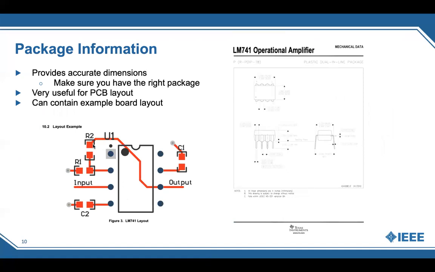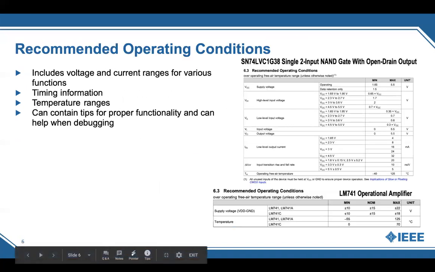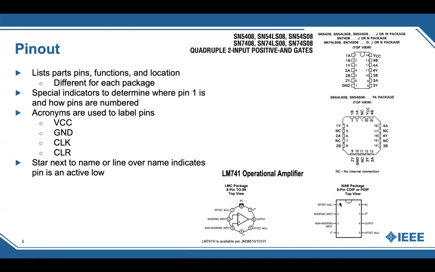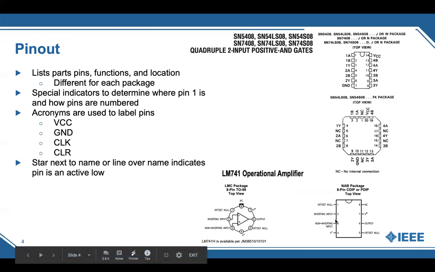So R2, if you're familiar with amplifiers, would be serving as your feedback resistor. R1 would be serving as your inverting input resistor, and then here you have your other input, and here's your output. So this would be pin 6 for your output, which matches what we're looking at in our pinout. We have pin 6 as our output, pin 1 as our offset null, pin 2 as our inverting input, 3 as our non-inverting input, and then 4 and 7